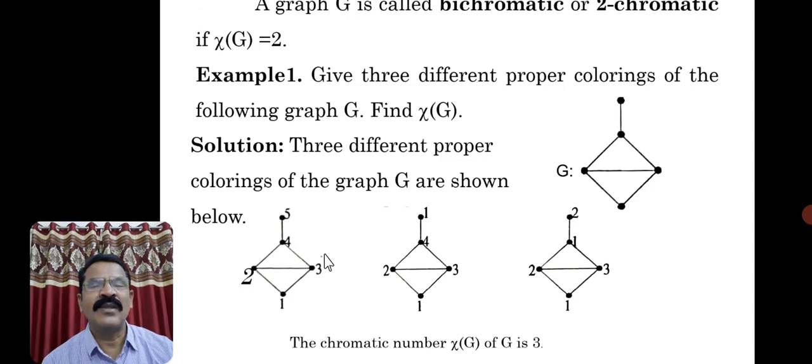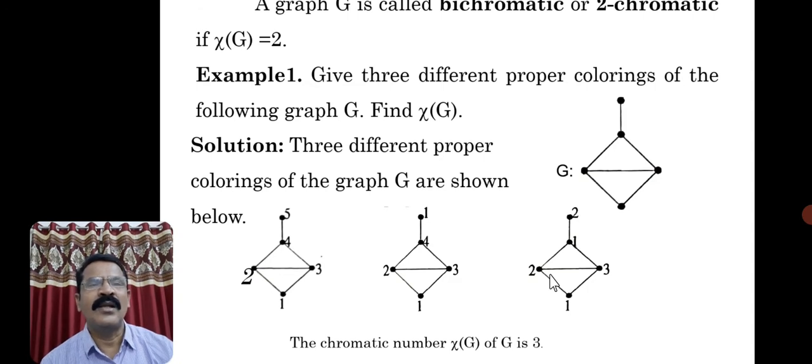First it was a 5 coloring graph, next a 4 coloring graph, now it is a 3 coloring graph. Is it possible to reduce one more color? In that way you have to think. Ultimately the minimum number of colors we have used is 3. Even if you try to reduce, I think it may not be possible. You will come to know there are certain results, and you can identify very easily why it is not 2 colorable.